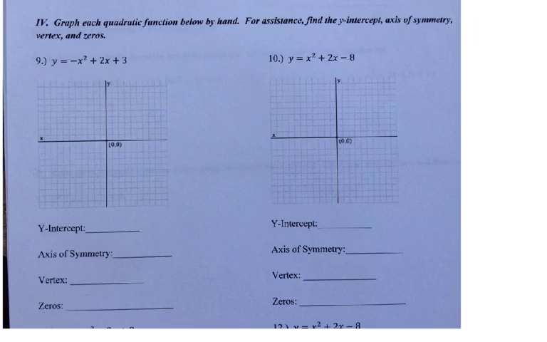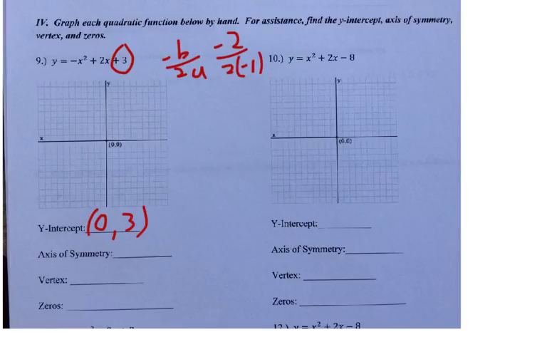Okay, graph each quadratic function below by hand. Here the y-intercept is just that plus 3. So that would be (0, 3), or you could just say 3 for that. The axis of symmetry is negative b over 2a. So my b is 2, so that would be negative 2 over 2 times negative 1. That would be negative 2 over negative 4. Negative 2 over negative 4 is just 1/2. So that's my axis of symmetry. Oops. Positive 1/2. The vertex, I'm going to plug in the 1/2 by hand, and that would be